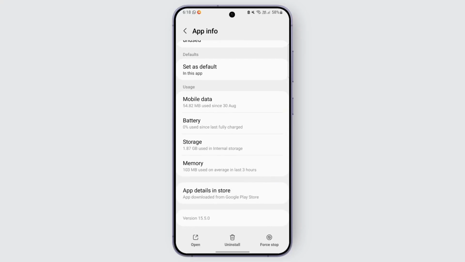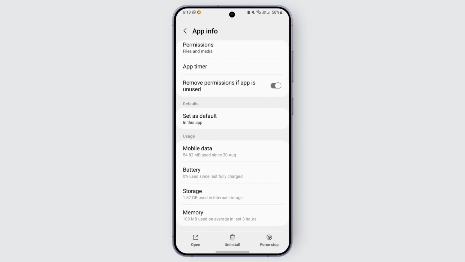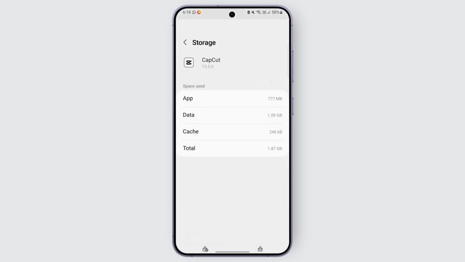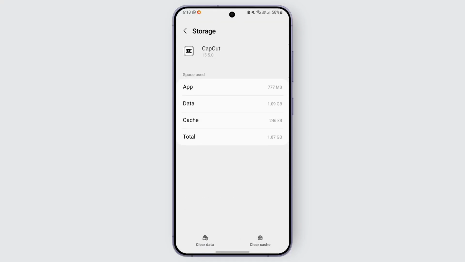Also, you can clear app caches. So once you go to the app info of the applications, you can go to the storage option and tap on it. And under there, you can look out for the clear cache option in the bottom right corner. If not that, you can look out for the clear data option